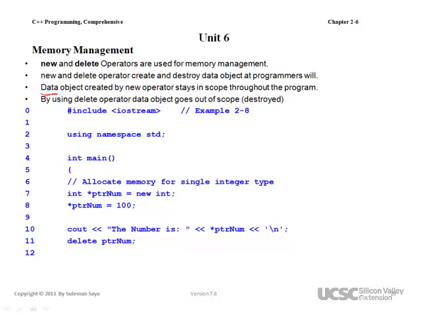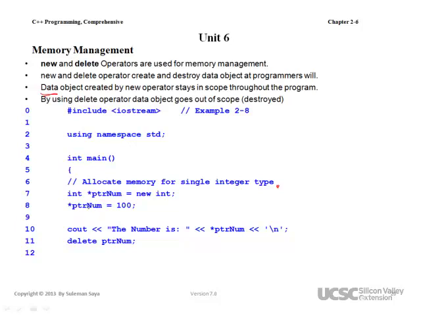So at line number 4, I have main starting, and at line number 5 is the curly brace for main. Okay. At line number 6, I have a comment which will end at the end of the line right here. Now line number 7 is the key thing. Line number 7, the very first thing,